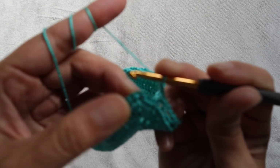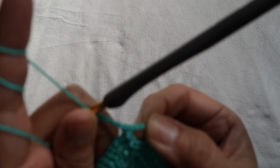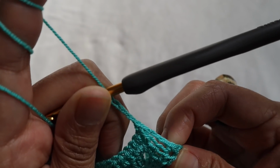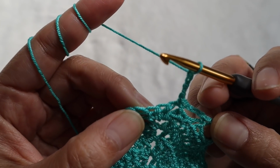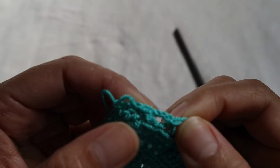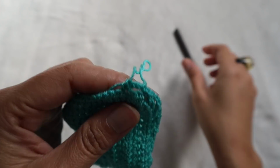So come to the top here, I just add a single crochet on top of that chain space in the middle of the increasing row or increasing pattern that we did 11 rows before. And if you do that, also make sure that when you add another single crochet on the other side it is aligned, so that it balances out, you know what I mean. Just make sure that you add the single crochet right opposite of the single crochet before in the chain space, like that. And now I check again if they're kind of opposite each other, so they're in balance. And after that, you're just going to continue by chain 3, skip 2, and single crochet into the next,